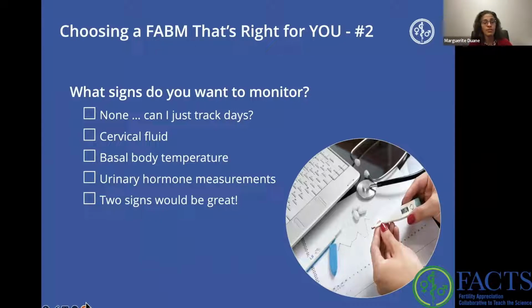Perhaps you are interested in monitoring cervical fluid because you've come to appreciate how it can change under the influence of estradiol or progesterone, and that's of interest to you. Maybe you like to record your temperature because you like to plot those numbers and see the data points change on a day-to-day basis. Some women like to track their urinary hormone measurements and put the test strip in the monitor and have the monitor indicate whether or not you're in a high phase of fertility or if you've reached peak fertility. And maybe, like many women, you want to be able to track 2 signs. So again, depending on which signs you want to monitor will help you determine which of the modern fertility awareness-based methods may be best for you.